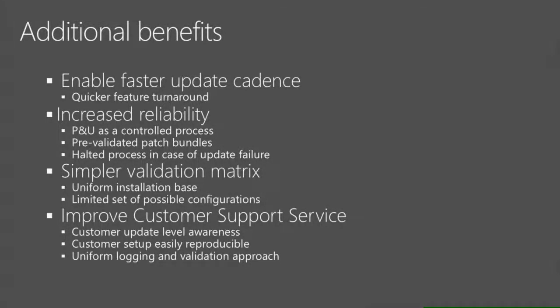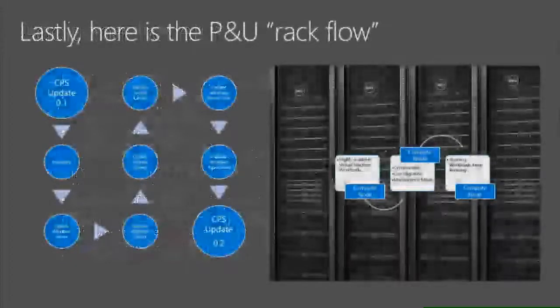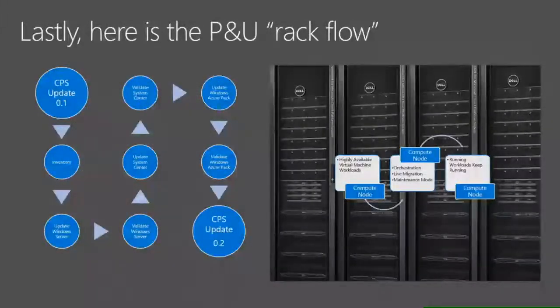Simpler validation metrics, right? We know exactly what is on a CPS stamp because we built it. We know exactly what's on a P&U package that gets deployed and updated on a customer stamp, again, because we built them. And so from an issue of, hey, we need to try and repro this issue, right? It's a lot easier for us. Tip of the hat to Jimmy over there who's busy on his keyboard, but he gets it, right? It's a lot easier for our support folks in CSS because when you buy CPS and you have an issue with CPS,